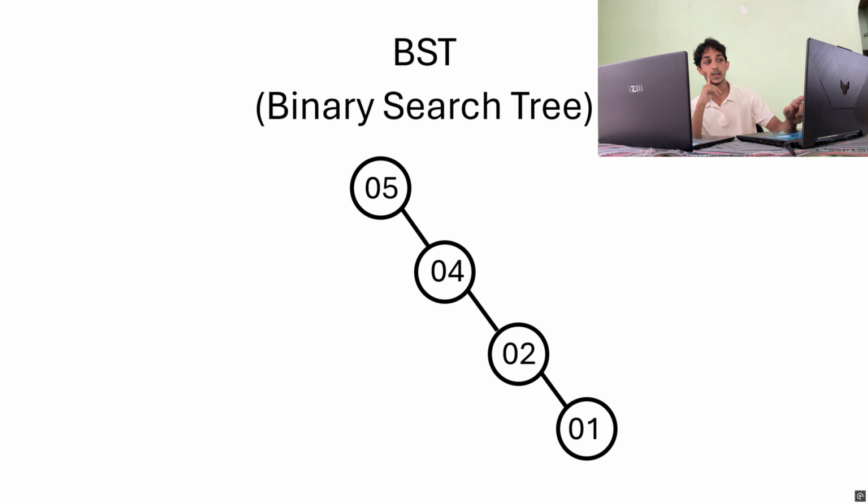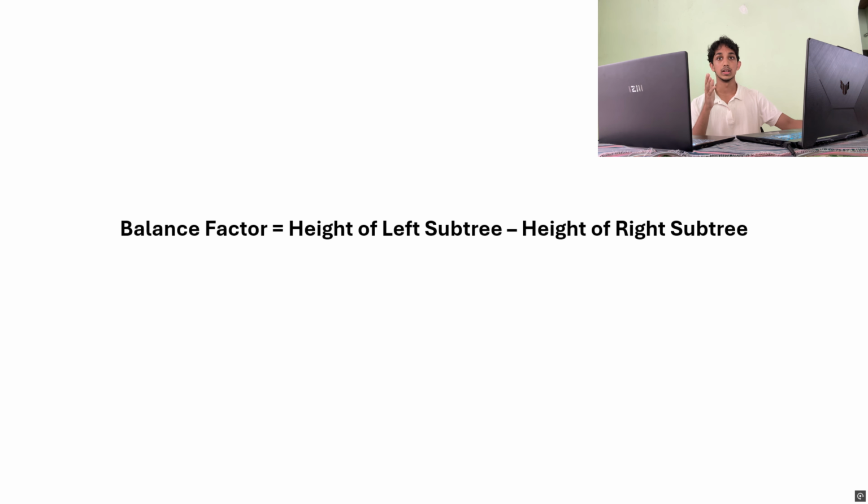As you can see here, 5 and 4 are two nodes in the same linear arrangement, and 5 is the parent and 4 is less than 5. So it's always sorted, and 4 is the parent of 2, which means 2 is a child. But as you can see, this is not actually balanced, so to solve this problem, the AVL tree was created by the scientists I mentioned earlier,